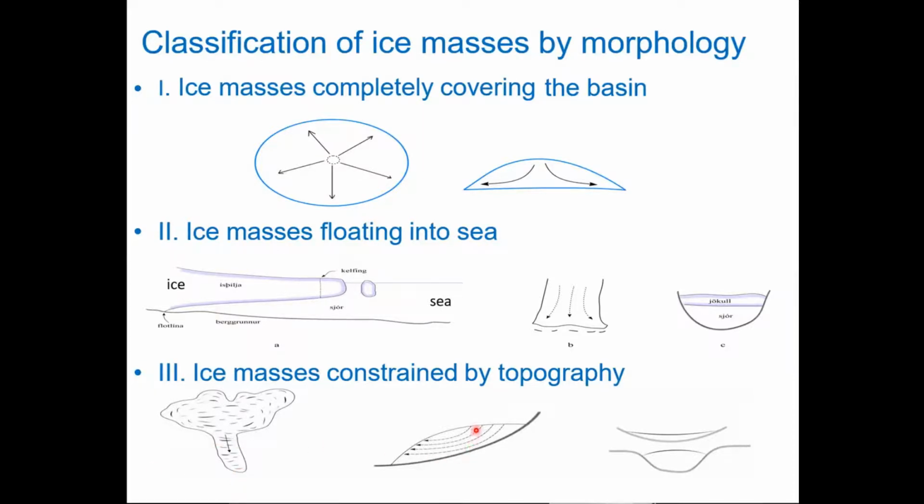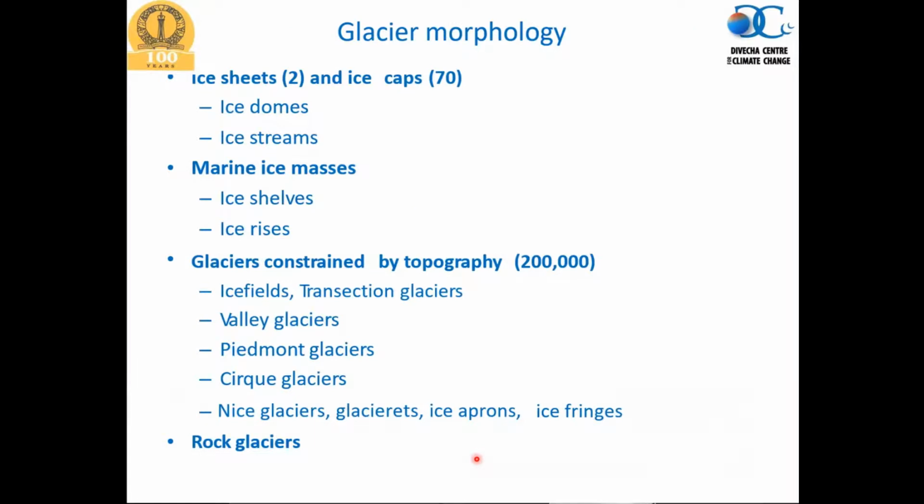And it has a very different movement, which you can see, and we will dwell on this issue very differently. So looking into the glacier morphology, you can really look into what it means to understand. So you have ice sheets. On the earth, there are only two ice sheets as of now, and they are in Greenland and Antarctica. Ice sheets are nothing but very large,